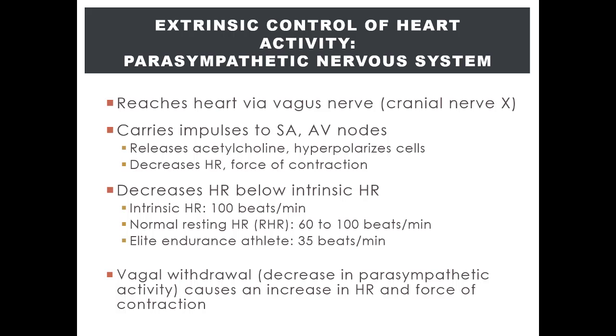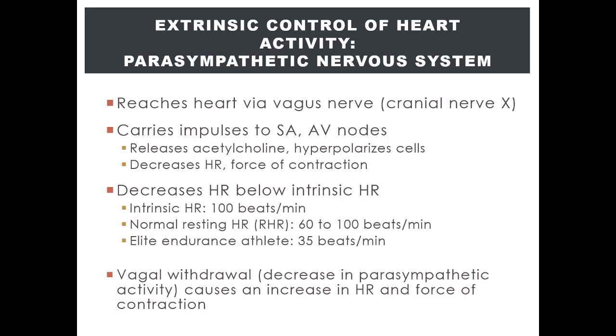First, remember we said that parasympathetic activity suppresses the heart rate by suppressing the SA node as well as the AV node activity. It suppresses the SA node, for example, through the release of its specific neurotransmitter, acetylcholine. When acetylcholine binds to its receptors on the SA node, it will hyperpolarize the SA node. Hyperpolarization is essentially an extended repolarization, so it would take the SA node a longer time to depolarize towards an action potential. This would in turn decrease heart rate and indirectly decrease the force of the heart contraction.